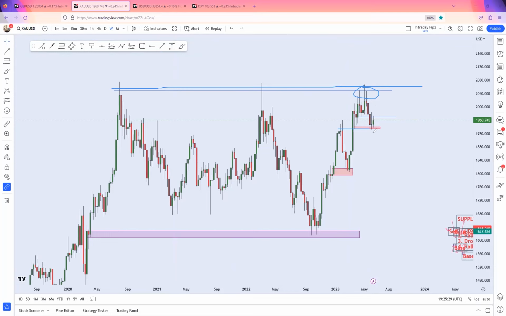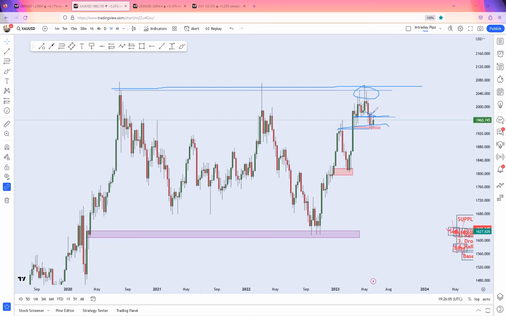Price did drop to retest this previous broken structure. Now we have a structure here to pay attention to, and we saw that last week, this is the weekly time frame. So last 2 weeks, price did try to retest this broken structure here and ended up closing below. So it means that the highs were seriously rejected.